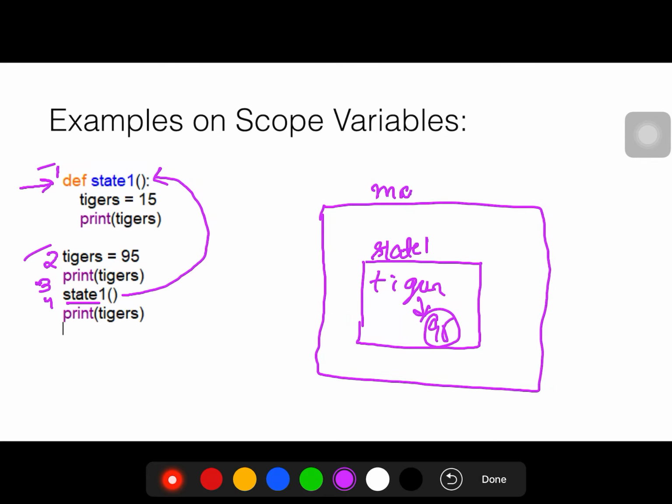In the main program there is also a variable called tigers which contains the value 95. Sorry, this value is 15. What will happen, firstly this line will execute, then this line will get executed, then this line will get executed. Output should be